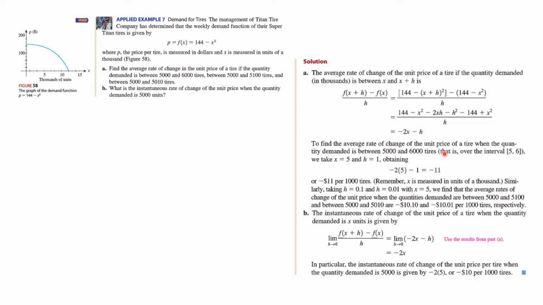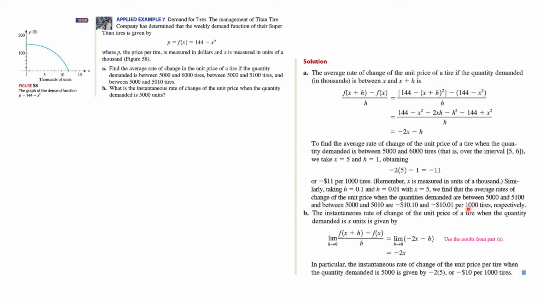The x squareds will cancel, and you can factor an h out, and after you do the simplification, you're going to get minus 2x minus h. So for the interval that they were talking about up here, h would be 1, and so we get minus 11. Now that means minus 11 times 1,000, because the units are in thousands. So the average rate of change between those is going to be this and that per 1,000